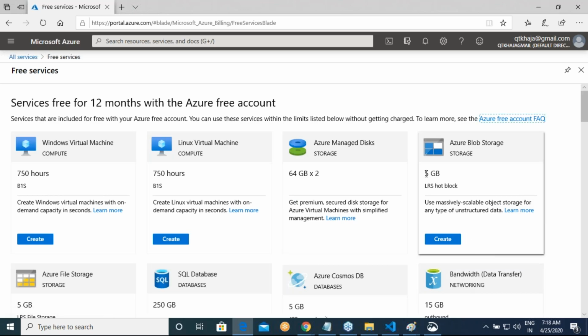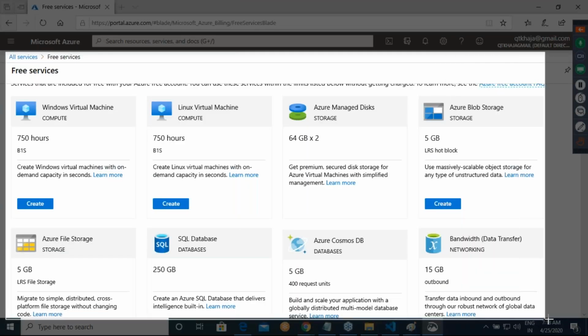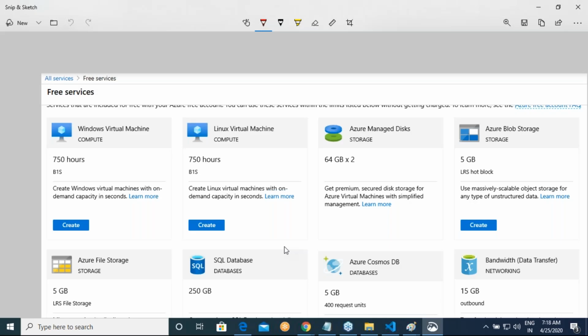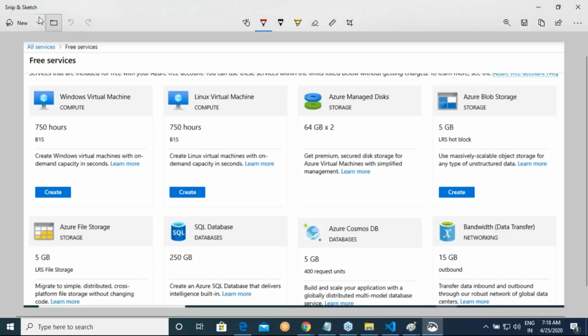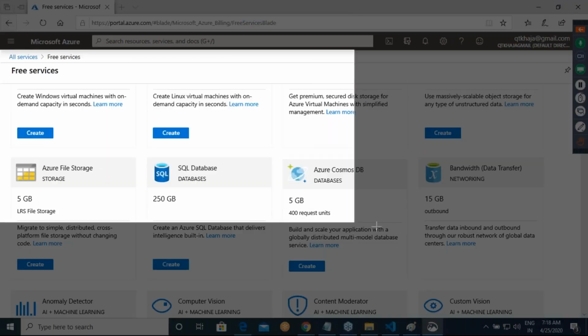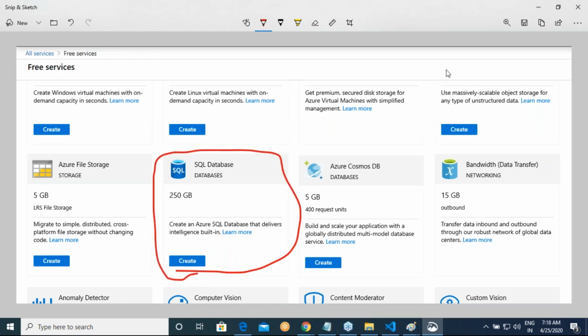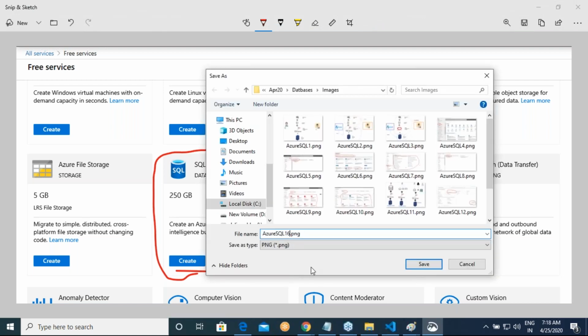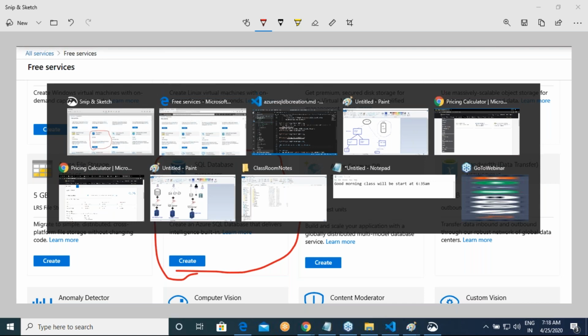And now in this free, are you seeing this? This is what we are going to use, because this is anyway free for us for the first 12 months.